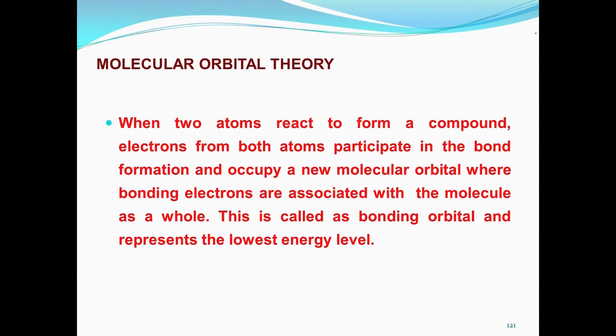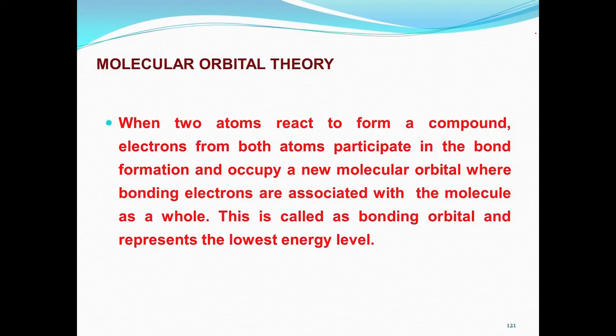In molecular orbitals, bonding electrons are associated with the molecule as a whole. I think most of you are familiar with single bond and double bond structures of several organic and inorganic compounds, and this is what we are talking about. Whenever there is a reaction of carbon-carbon atoms, there will be a sigma bond and then a pi bond; double bonds will be there, triple bonds are also known, and these are all molecular orbitals. So, there is a change in the molecular sigma bond energy.